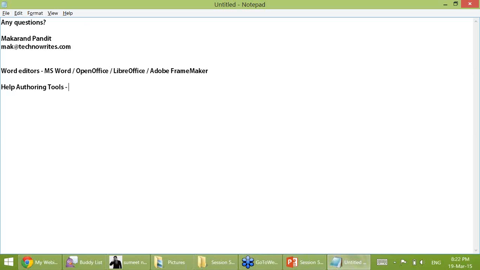In terms of help authoring tools: for the computer software industry, we create help files. And by the way, the computer software or IT industry is also one of the biggest employers and the biggest paymasters of technical writers. For help authoring tools, maybe something like Adobe RoboHelp. There are many others. I believe there is Doc2Help also. I have worked on it earlier, a long time back. And you probably have MadCap Flare